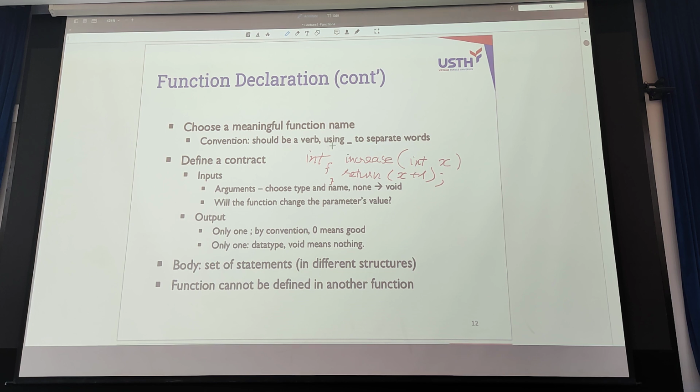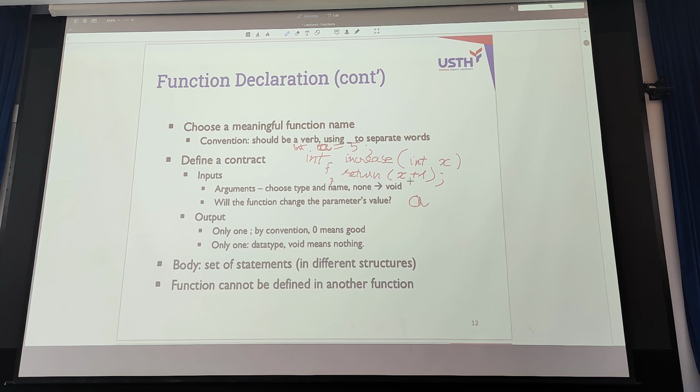Let's say int a is 5, and then I call increase of a.